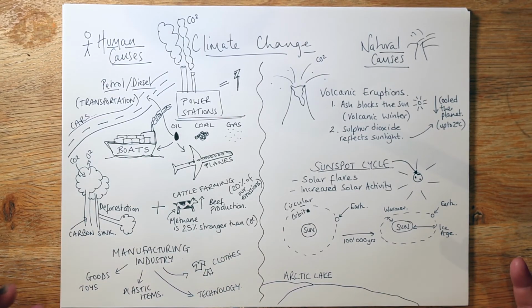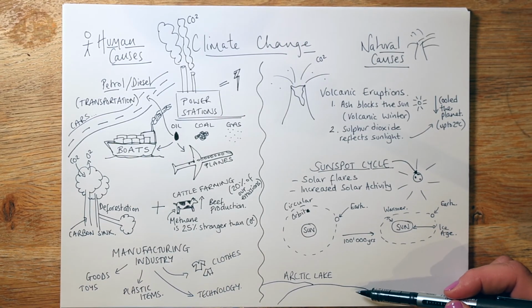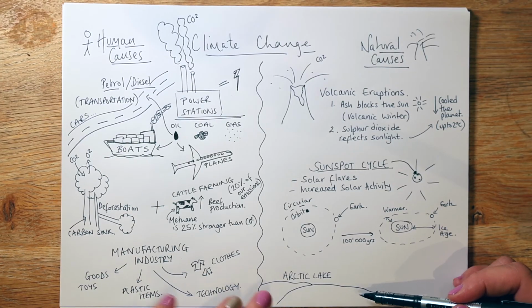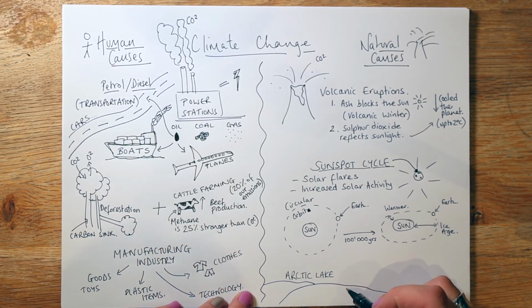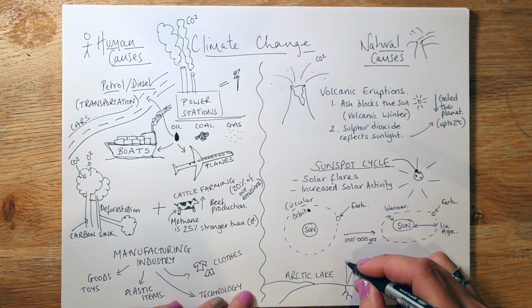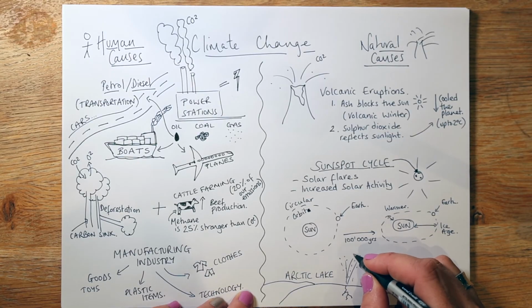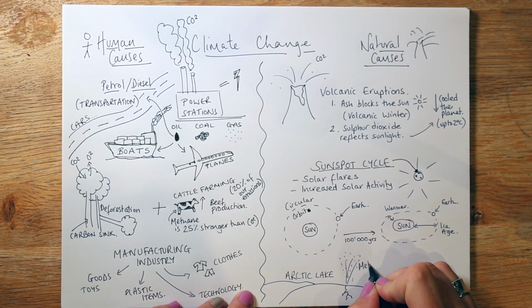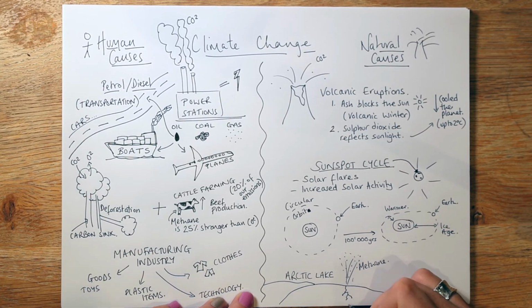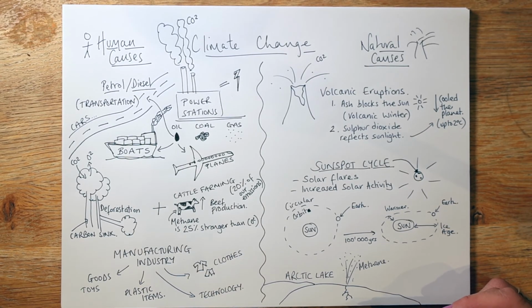Now, what some scientists have been doing is they've been smashing holes in these frozen lakes up in the Arctic, and where they're cracking, there have been gases released, lots and lots and lots of methane. And it's coming from under the ground, and it's coming from inside these frozen lakes where there is basically